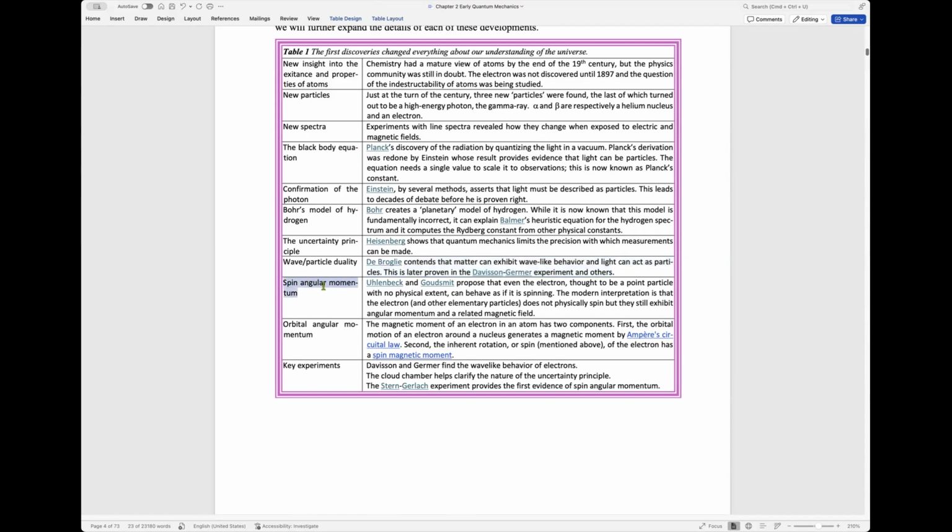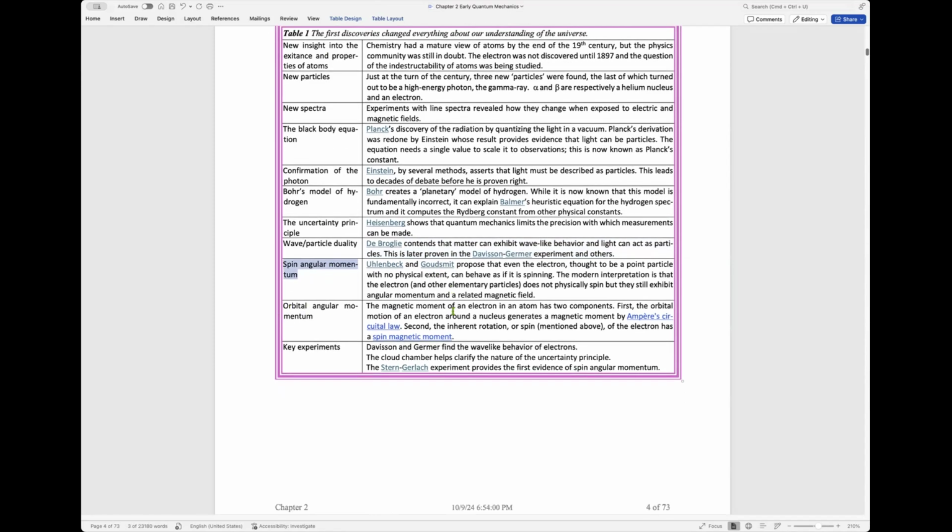Here's the reference to the spin issue in quantum mechanics, rediscovered or proposed by Uhlenbeck and Goudsmit when they were both young graduate students. There's lots more to come on that topic. And in addition, we have another property of atoms, that the motion of electrons around the nucleus also produces a similar effect. This is called spin angular momentum, and then there's a version called orbital angular momentum, and we will get into that as well. So we have multiple experiments described in this chapter that were key to